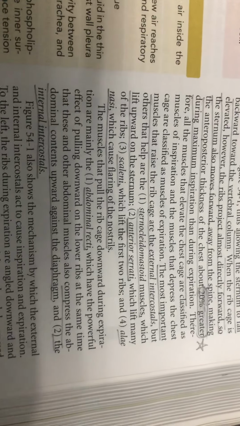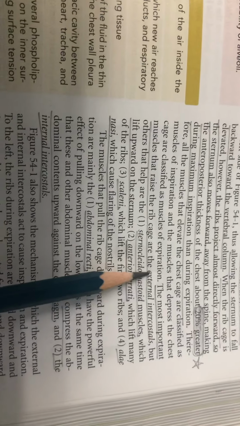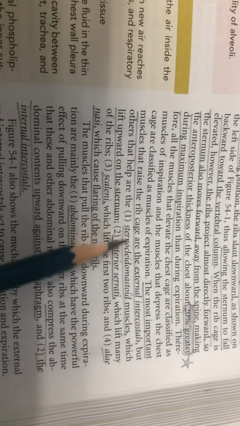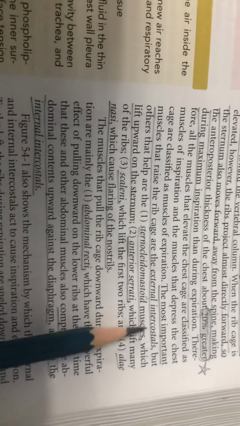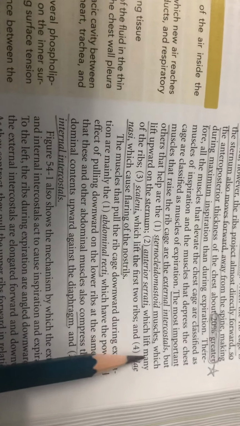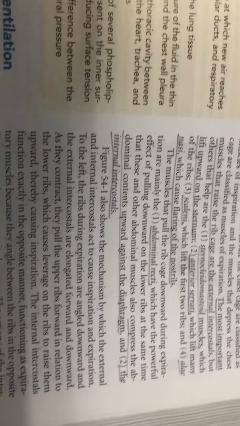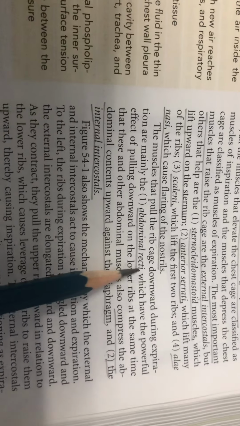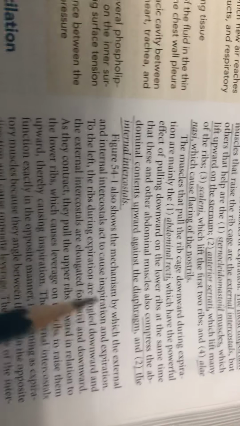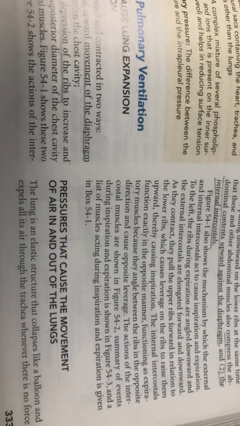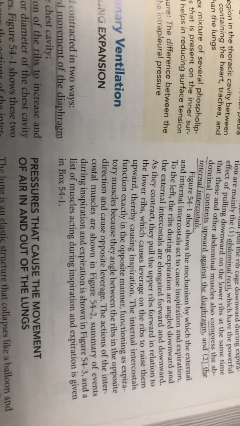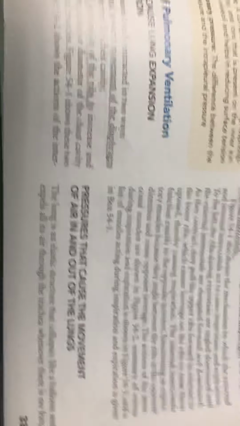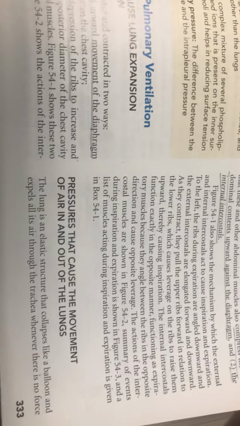The most important muscles that raise the rib cage are the external intercostal muscles and also the muscles with S, that is serratus anterior, sternocleidomastoid, and the scaleni muscles, and also the alae nasi, which cause flaring of the nostrils. The muscles that cause expiration are the abdominal recti and also the internal intercostals. We already know about the direction of the fibers of external and internal intercostal muscles from anatomy.